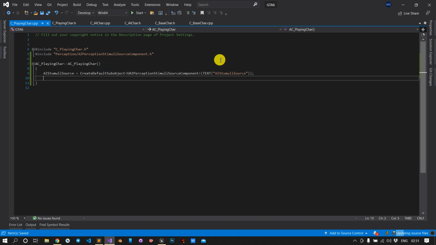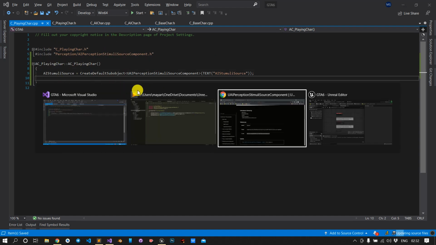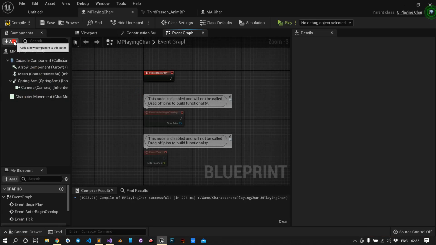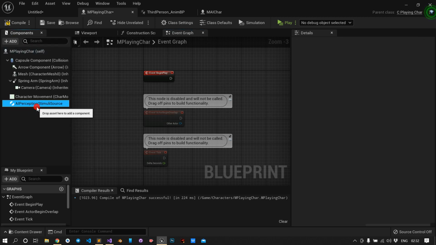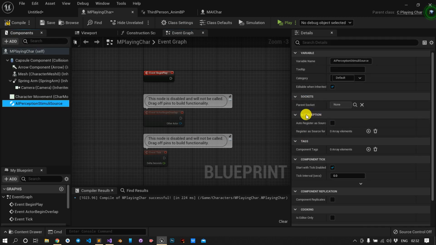Now we have created the object, but we haven't registered the senses, like for which sense you are registering that source. If we go back here, if I choose AI perception stimuli source, in the AI perception you have to register for the source.